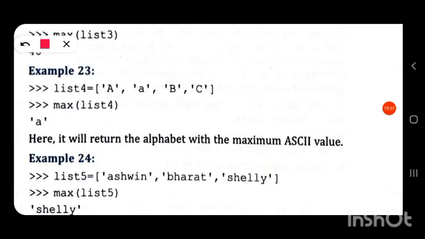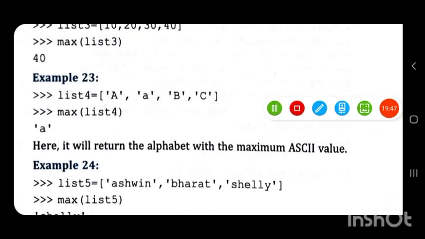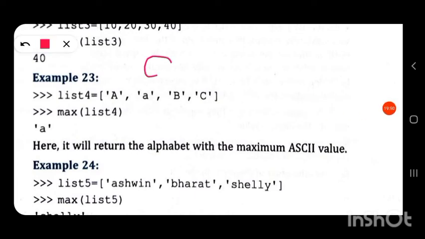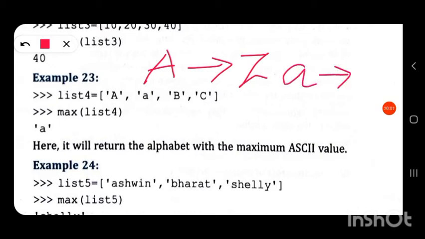Capital A has a smaller ASCII value compared to small a, and capital Z has a smaller ASCII value compared to small a. The ASCII values are given first for capital A to Z, and only then for small a to z.